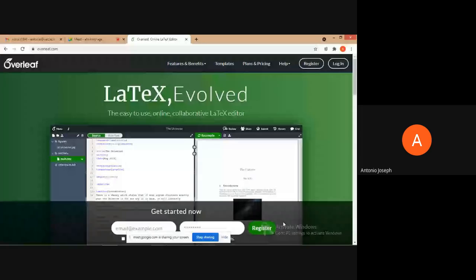But I won't recommend using these online things for creating your articles and all, because I don't know how far privacy they can provide. For creating some sort of documents and all, you can use these online tools. That's quite easy for us to use. We don't need the big TeX or TeXstudio. The environment will be the same as that of TeXstudio. So it's quite easy for us to use. But for our research work, if you are using this kind of thing, I don't know how far security can be assured.